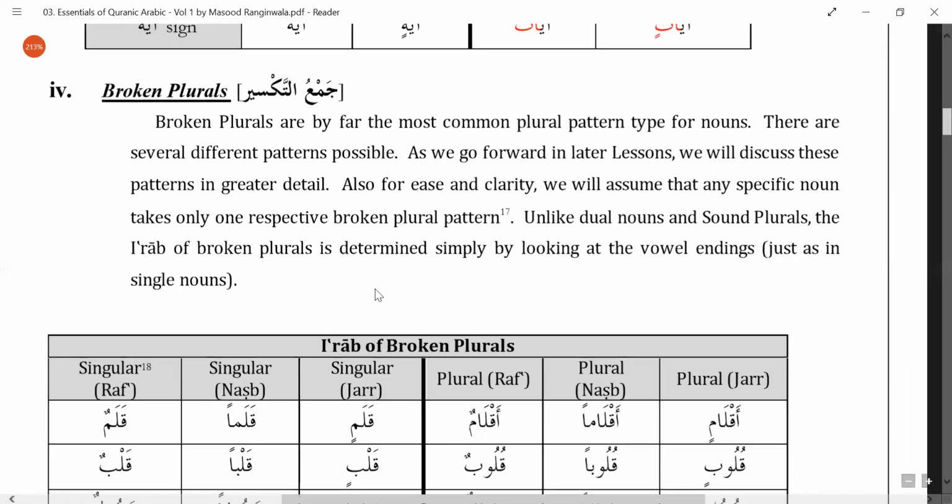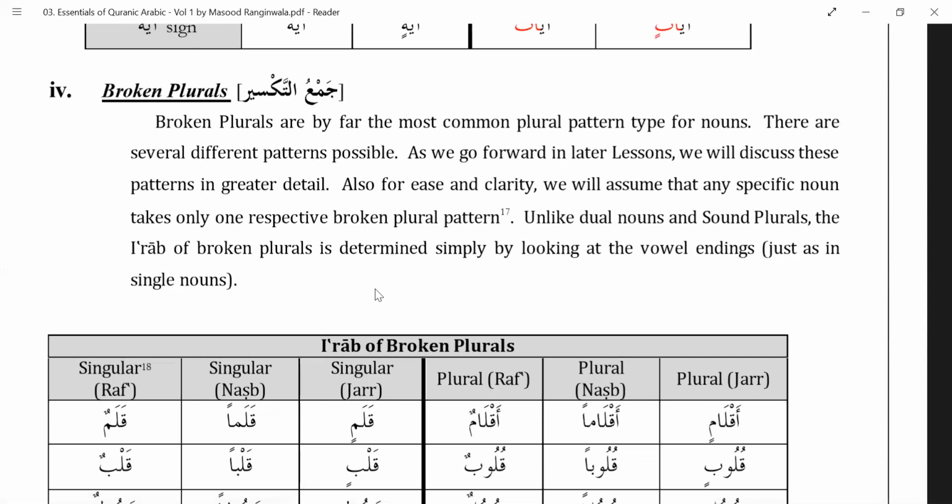Next is broken plurals. Broken plurals, as I told you, the whole root word breaks in between. You have some extra letters in between or at the beginning even, or a combination in the beginning also, in the middle also. So these words, how do I know or how do I learn the plural for such words? Because there is no set specific pattern that this is the pattern for plural, all words will follow this. It's not like that. Like how the plural for goose is geese, whereas the plural for mouse is mice. A man is men, woman is women. Each is having a different pattern. Same way, Arabic broken plurals also follow different patterns.